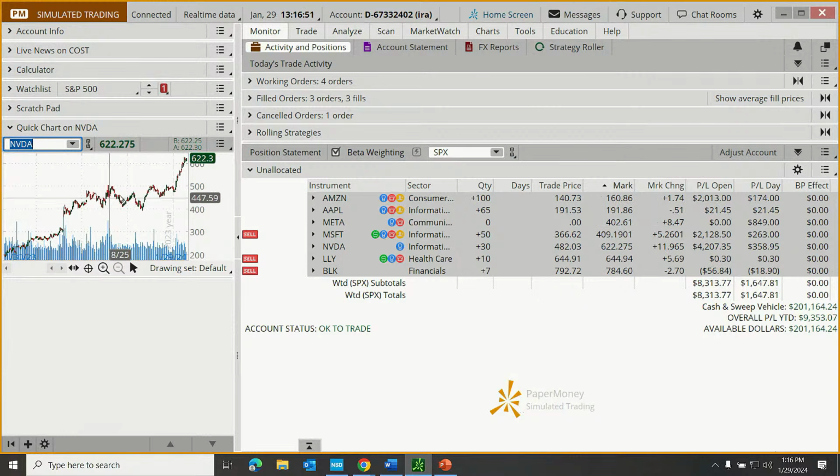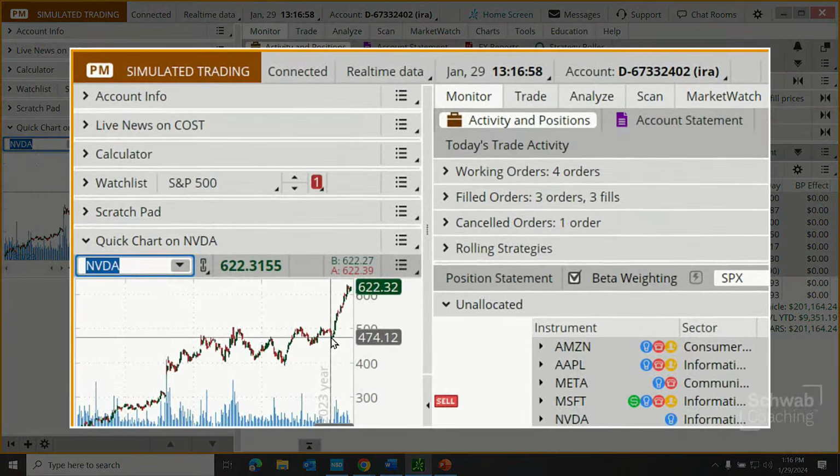And NVIDIA has been having a nice last 12 months, and especially if you look at these last several weeks, it's really blasted off, come up from 475 up to 622, $150 basically in a few weeks. Well, maybe a trader is concerned that all of these profits could start to evaporate if price starts to fall again. So maybe their plan is, if this slips down below $600 or wherever, maybe they just want to sell. Let's call it 598.